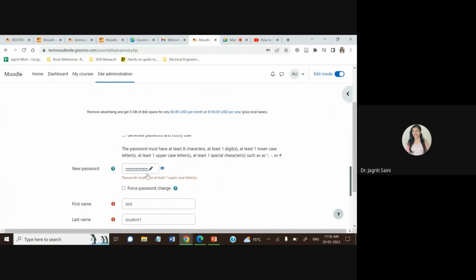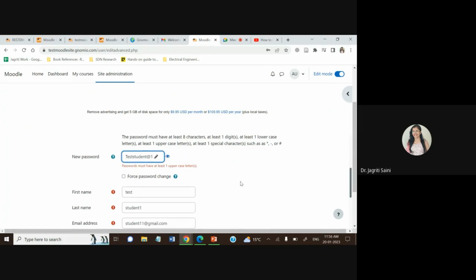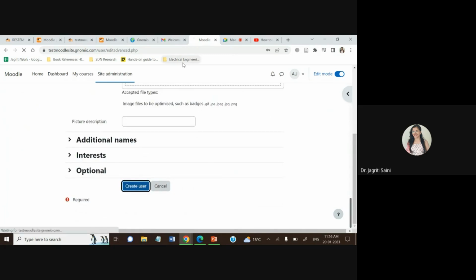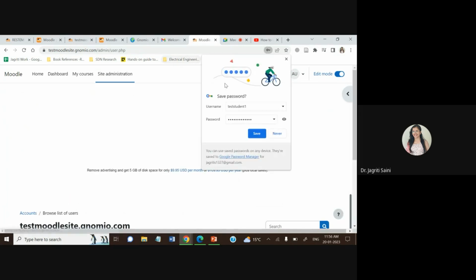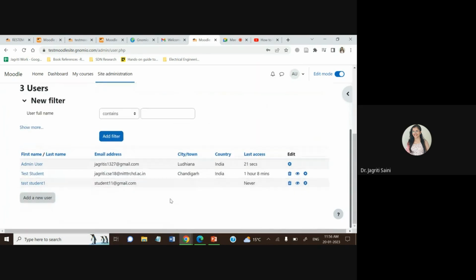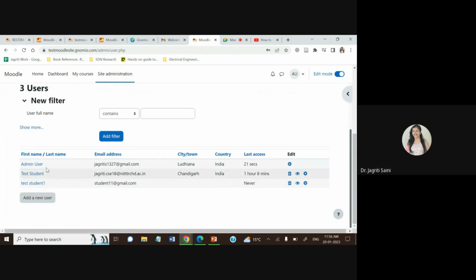So it says that your password is not correct at the time. It says there should be one capital letter. So I'm just updating the first letter as a capital letter. And then we are using this create user option, and it will create a new user into your system. So here we can see this test user we have just added. Earlier there was one admin user, and this test student I have already added just for your demonstration purpose,